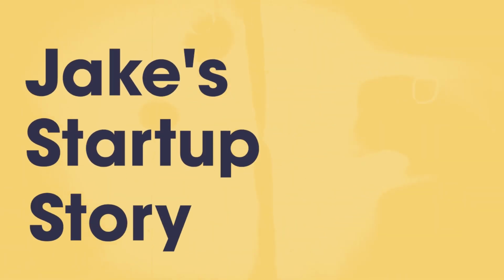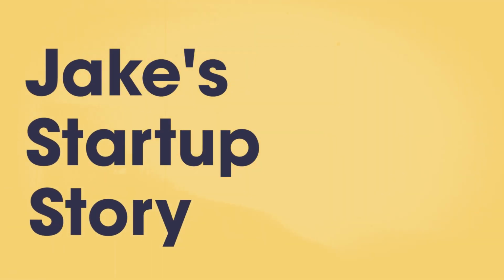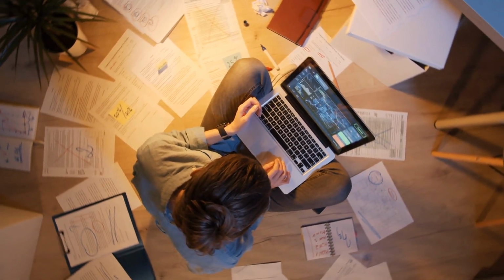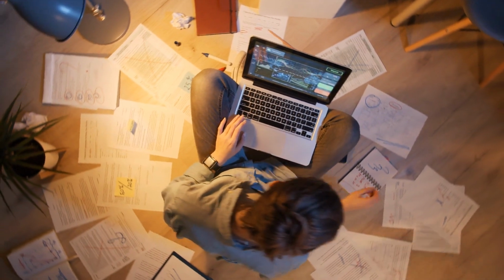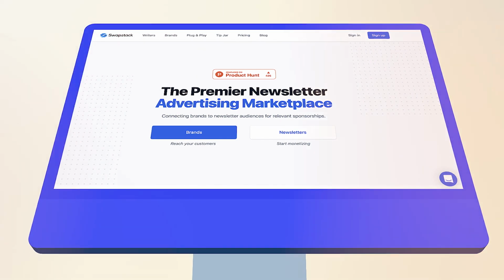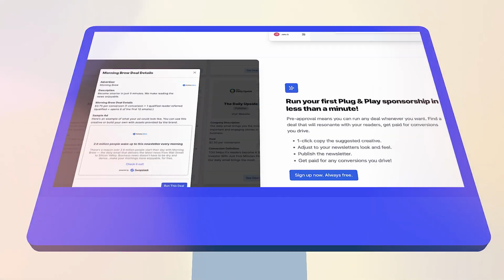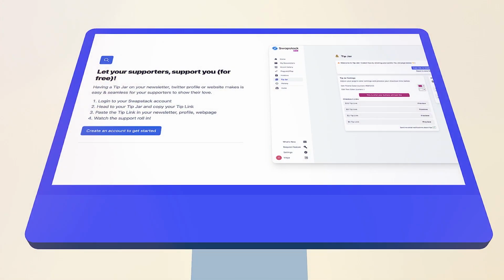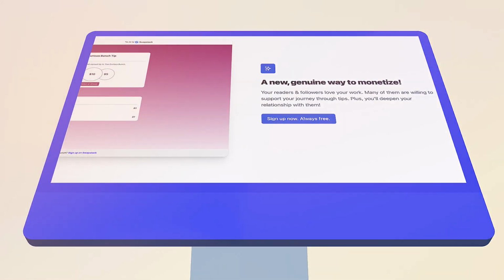Jake Singer was an employee at Amazon for 5 years as a product manager when he basically realized that he wanted to create his own thing and he was not built for the corporate life. And as many of you may imagine, his main motivation to start this business was to never have to work in corporate again. So today Swapstack is a marketplace for newsletter writers to be able to find advertisers to advertise